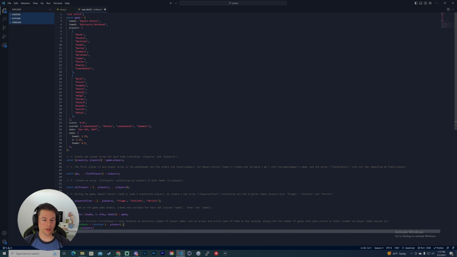We're going to log players, and then we're also going to do the number of players, which is, we're just going to do console.log template literal, boom, players.length, because like it said right here, along with the number of goals that were scored in total,